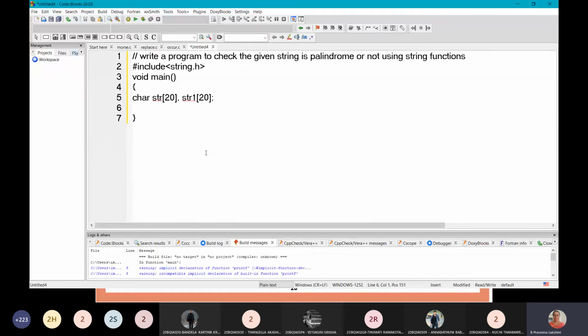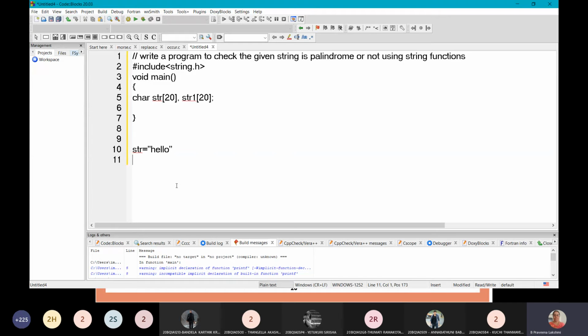Whenever you want to check whether a string is a palindrome, first we take the string and make it into the reverse. But before reversing the string, first we will make a copy of that string into another variable. Say for example you have one string, str. I would check whether this is a palindrome or not. If the reverse of the string is equal to the given string, then it is a palindrome.